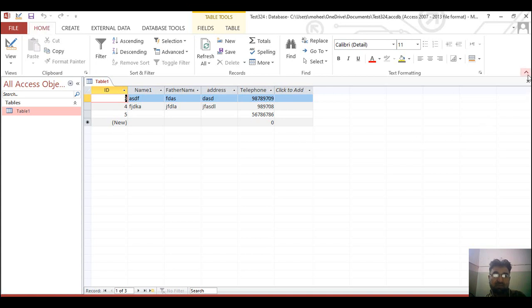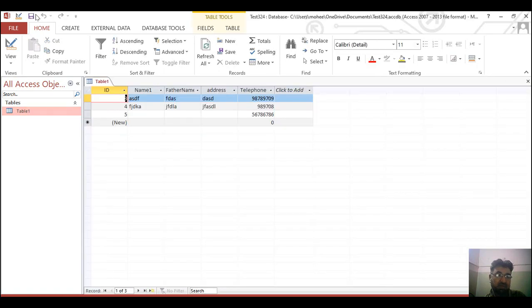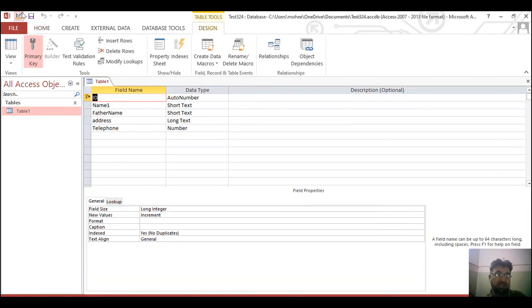So for example, if this table is in data view and I want to see it in design view, when I click this, it came to the design view. So here also we have data sheet view and design view. We have different ways from where we can change the view of an object, be it a table or a form or a query or a report.